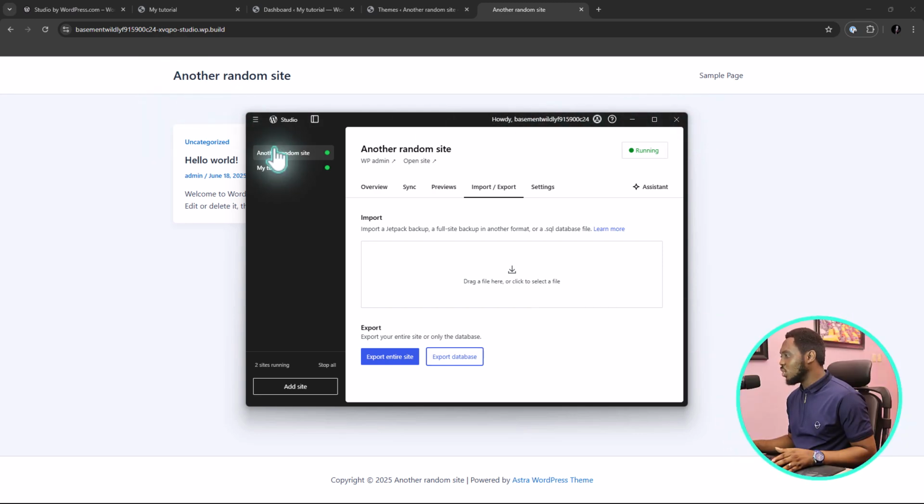You can have a lot of WordPress instances running at the same time. Super easily, if you hover over them like this, you can see you can stop it from here. You can as well still come here to stop, like I said, and you can just stop all the instances that are running. You don't want to keep these instances running if you're not using them. I want to believe that you know that. So if I just click stop all, this stops all the instances running right now on my local PC,